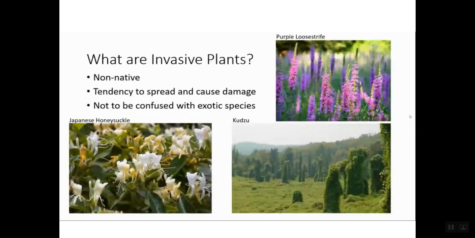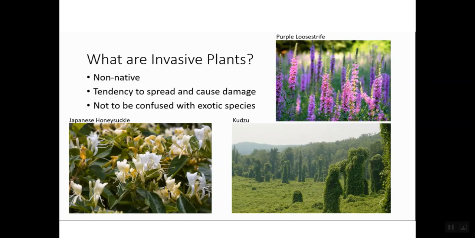So the other thing I went with was invasive plants. So what are invasive plants? They're non-native to the area, so it depends where you're at and whether or not a plant's invasive. They do have a tendency to spread and cause damage, and they're not to be confused with exotic species. Exotic species are plants that are non-native, but they don't cause damage. So in the United States, some of the top